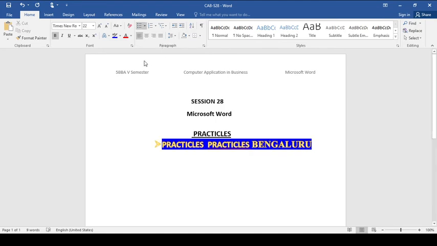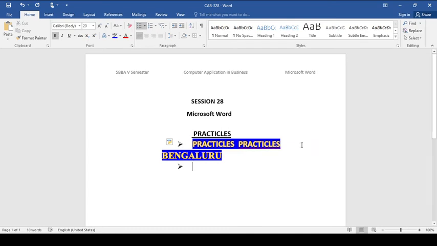you can see a bullet is there. For the next sentence or the next point, when I give enter, you can see one more bullet appearing. So if we want a bullet from the previous sentence, if we press enter, one more bullet will appear. So we type something here. Once again, if I go for another bullet, you can check there is a bullet appearing after the entry.